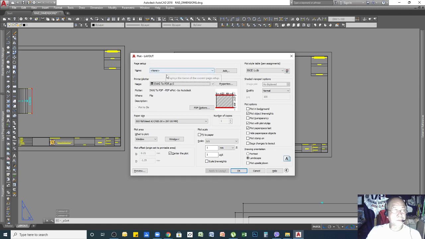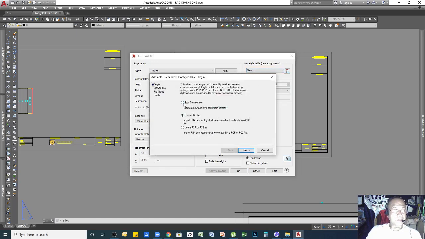To start, or to create your plot style, you go to this box. Okay, then you have some selections here. For me, I have a lot of setups depending on the drawing that I'm doing, so I know how to use this plot style. For you, since you have no setup, you go to new.